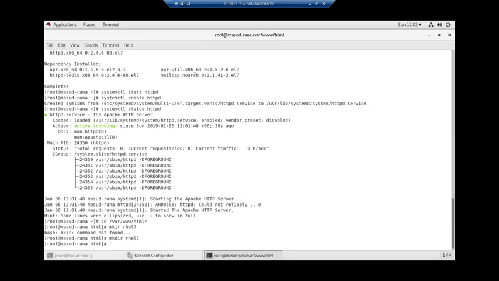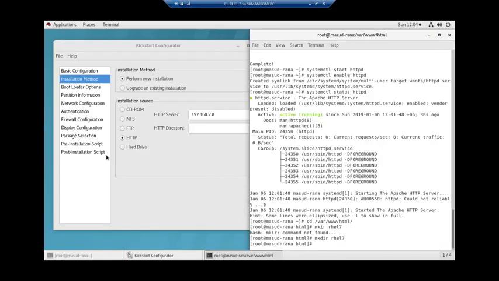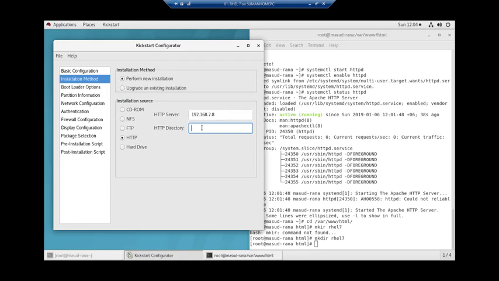In this rhl7 directory, I will copy all my installation media files, and also I will put the kickstart installation files here. So if I come to here, the HTTP directory means that folder rhl7.